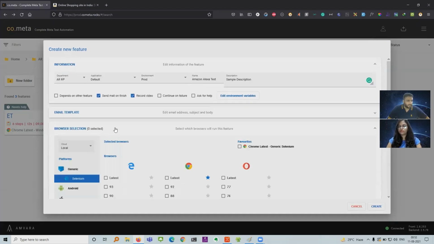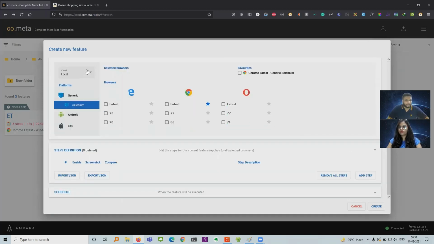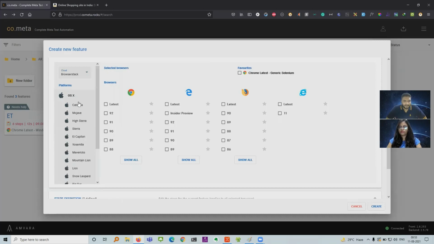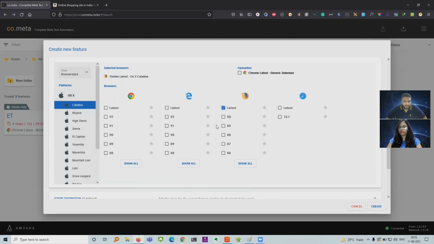Now I'll select the browsers. There is a provision to select the browsers on your local server as well as on the BrowserStack third-party cloud, which Cometa has integrated with. So I'll select BrowserStack, and there are a lot of options, if you see, that are coming from BrowserStack related to the OS and the browser on the OS that you want to take.